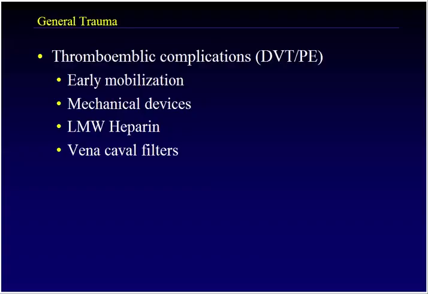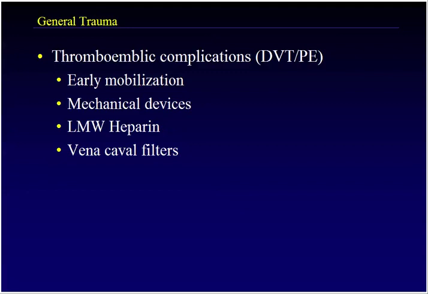Thromboembolic complications are very important in orthopedic traumatic injuries: deep venous thrombosis and pulmonary embolus. They can be prevented by early mobilization of the patient, early stabilization of long bone fractures, which will allow you to mobilize the patient early, and the use of prophylactic measures such as mechanical devices, foot pumps,